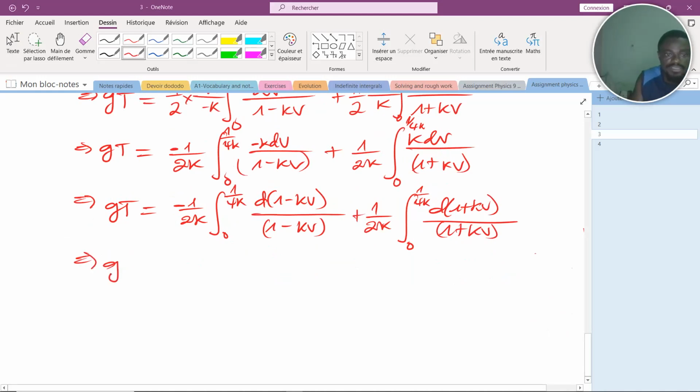So from here, this implies g(T) will be equal to what? g(T) will be equal to, so here I'm going to have minus 1 on 2k. Is that okay? The boundaries here are from